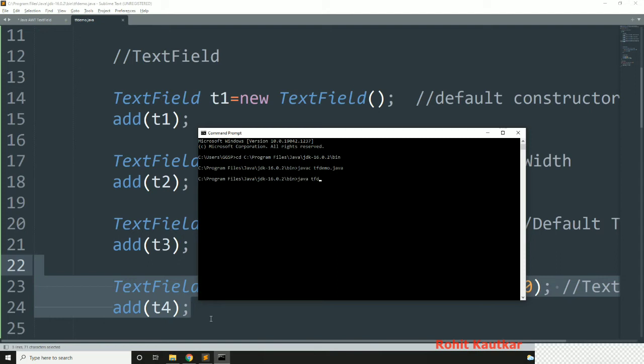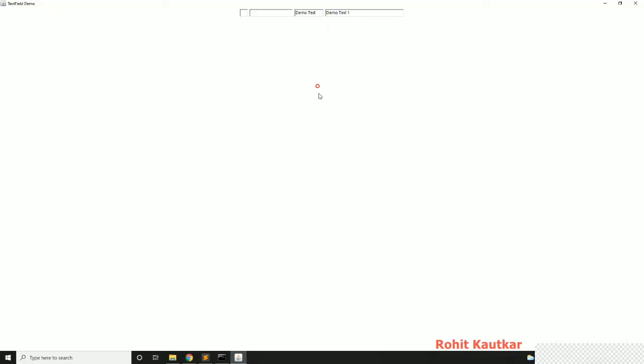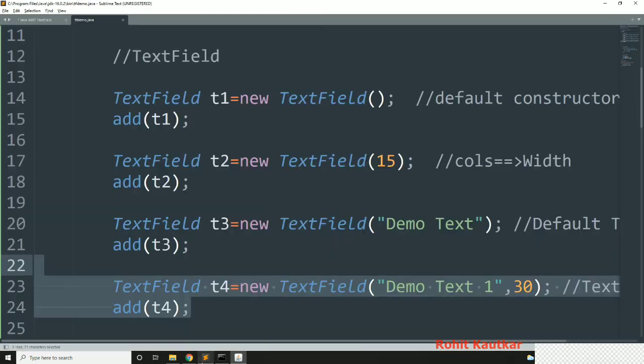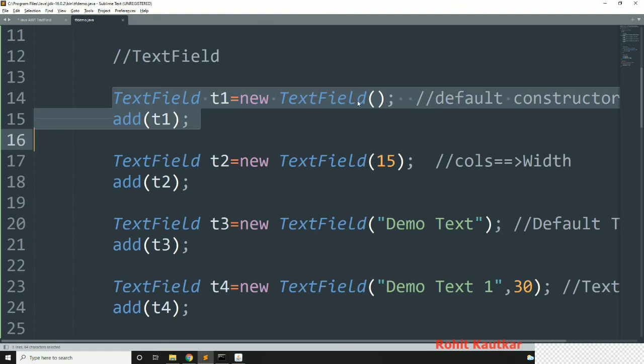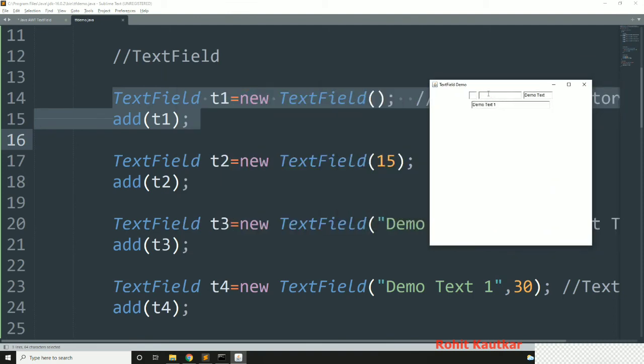Now I will write java tfdemo, and you can see this is the first text field that we have created with this constructor. Then next to that you can see we have a second field over here, which is created with the second constructor. Size is 15. This is the text field having 15 columns. You can see here.